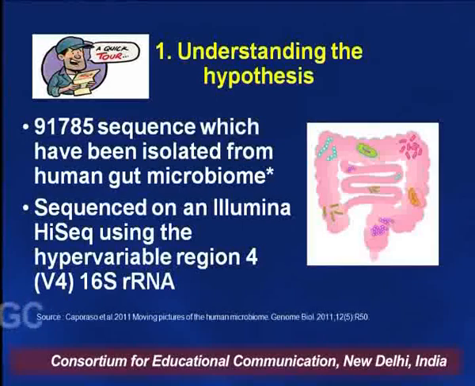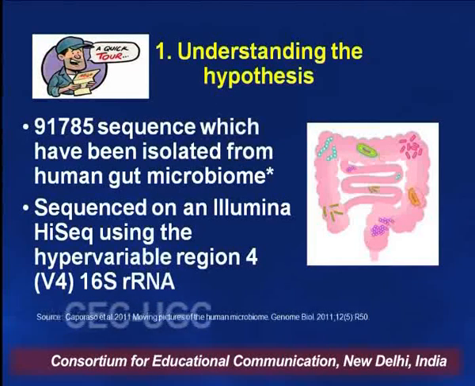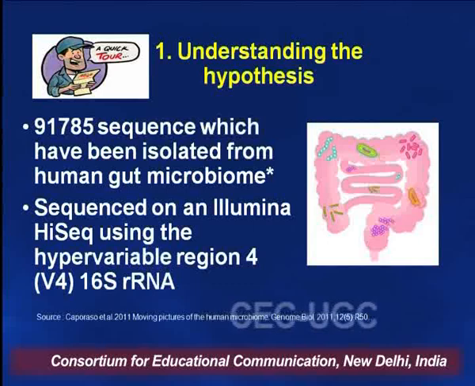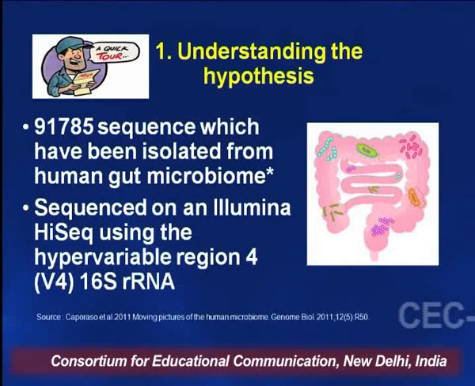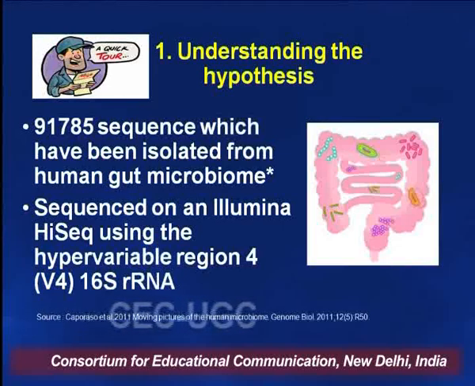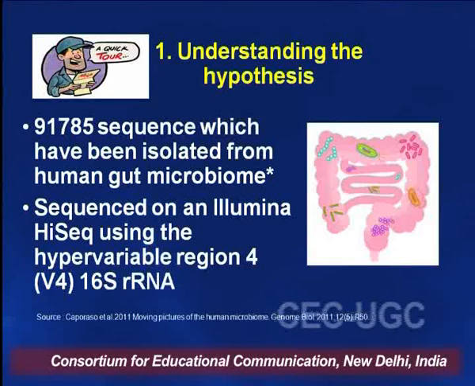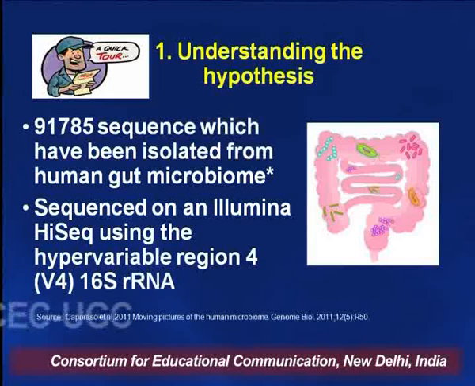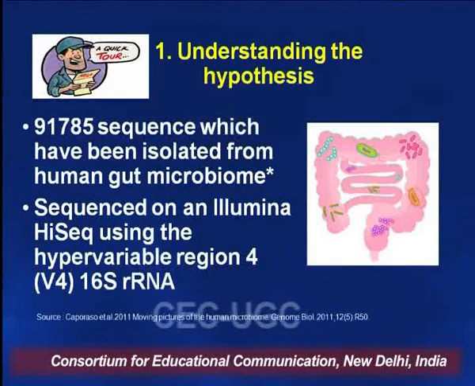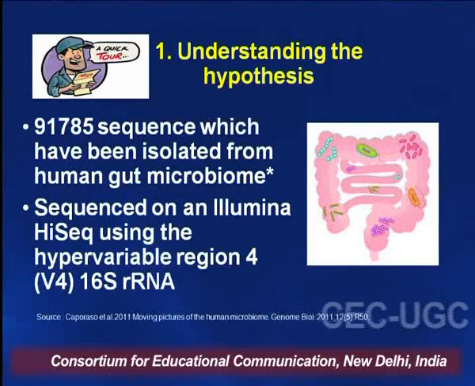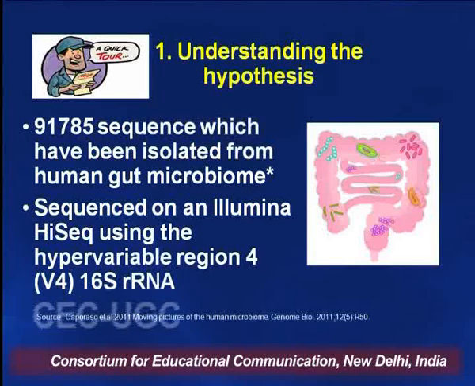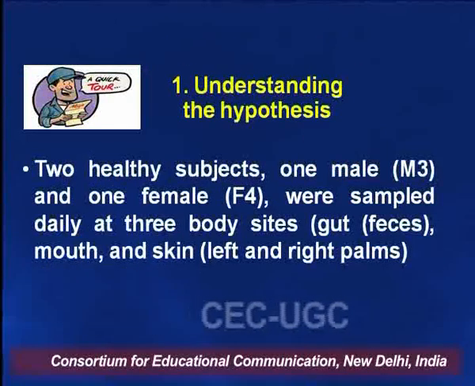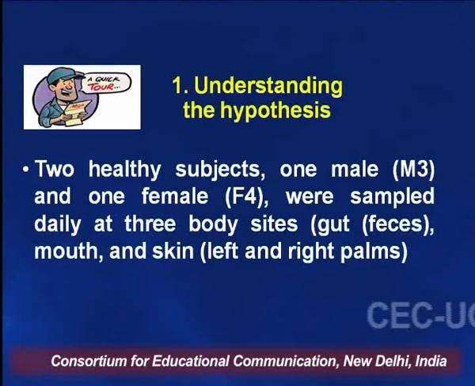I picked up this small example just to show you how, from your gut microflora data, you could conclude what is happening in the gut. This example comes from the Human Genome Project, and this particular data has 91,785 sequences, coming from 34 samples. It amplified hypervariable region 4, with Illumina sequencing, as I told you already. It has been taken from two healthy individuals.